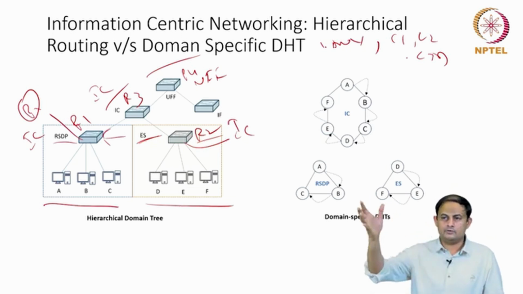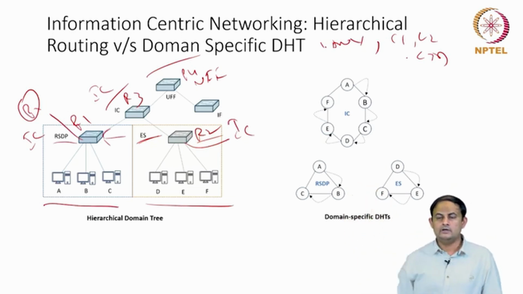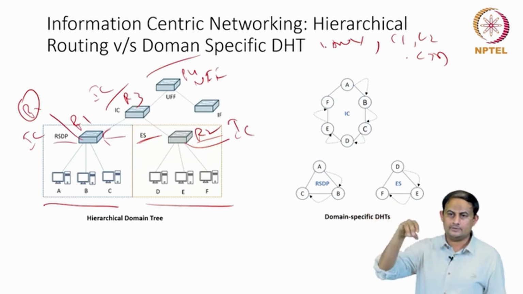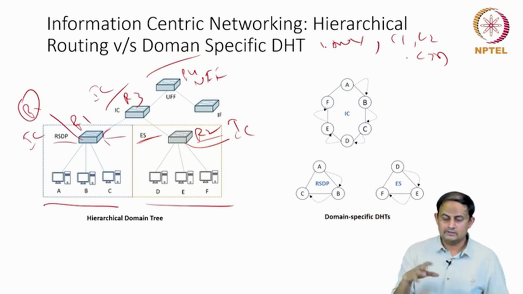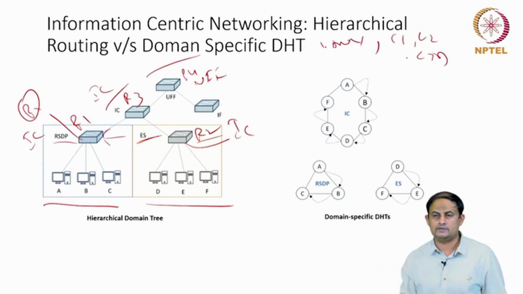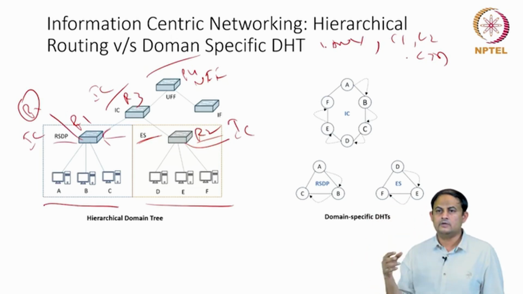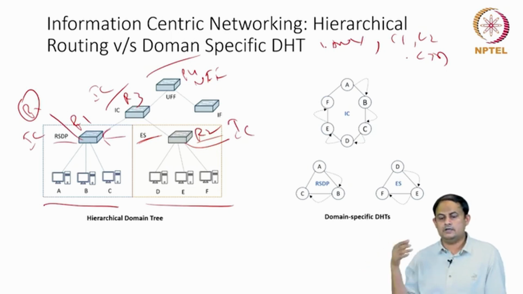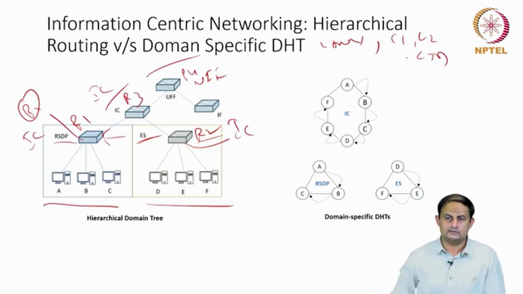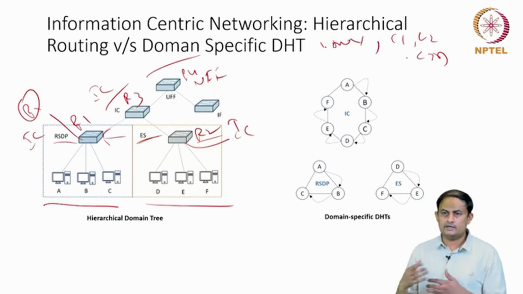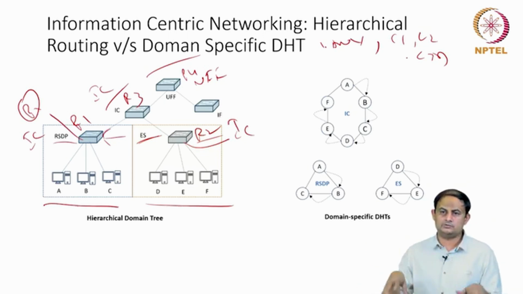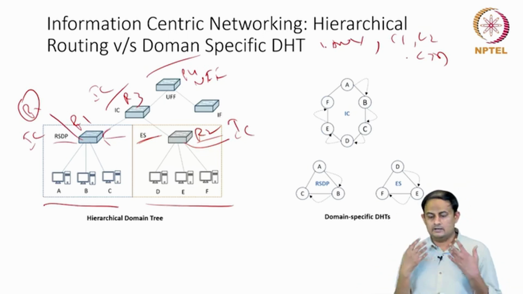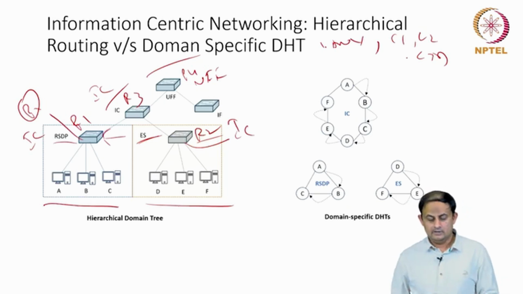You can look up the recent distributed hash table literature, and referring to that, I will figure it out: okay, these A, B, C now currently have this content. A is nearer to me, so let me query A. If I cannot get the content from A, let me go to B and query something like that. So dynamically, a subset of the users in the network having the content will keep serving the other users in the network.